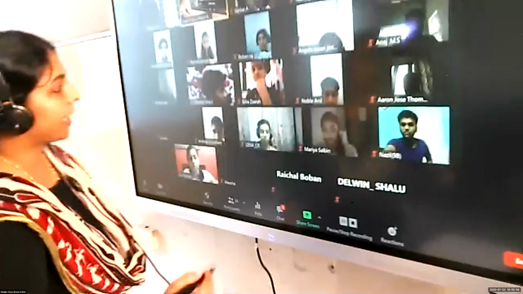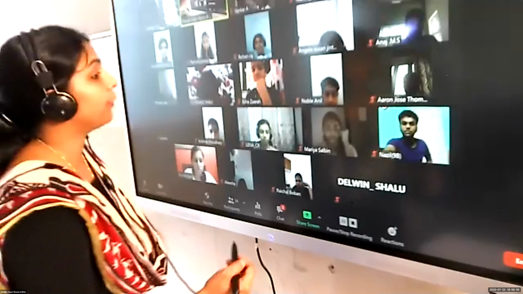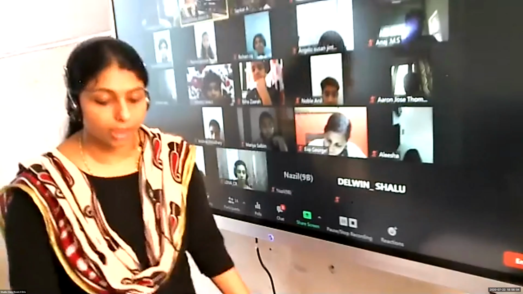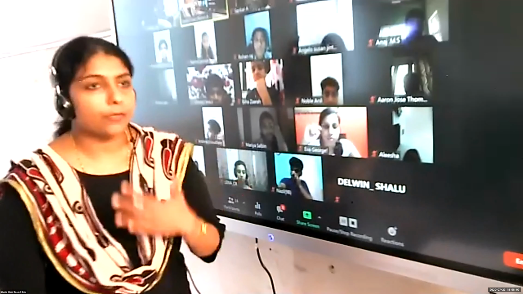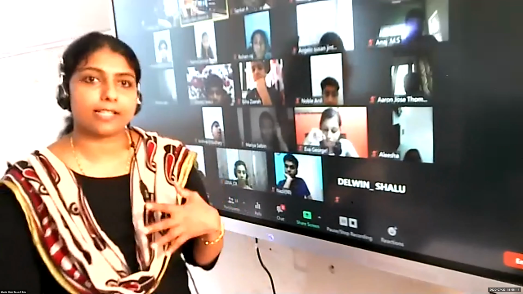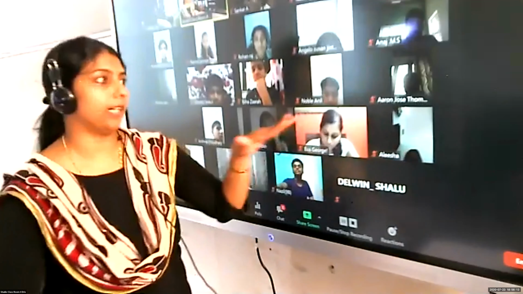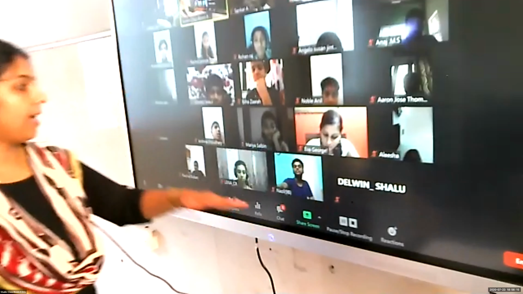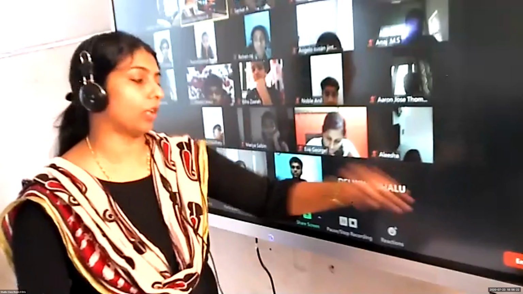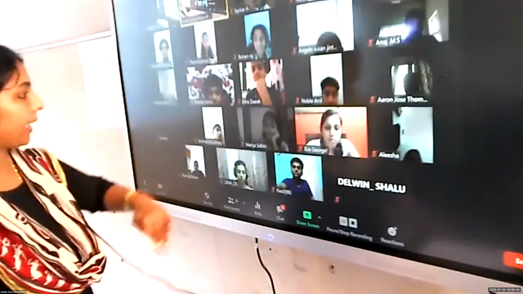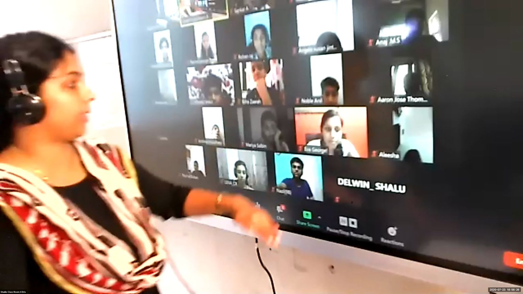Next classification is based on type of land or relief features. Let us see what are the three classifications based on relief features. When we talk about plain, as we all know, plains are generally described as flat area, right? Flat land. But when we talk about this northern plain, it's not true. Some variations are there in the northern plains, not flat.